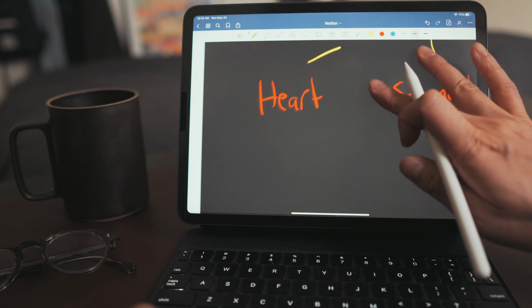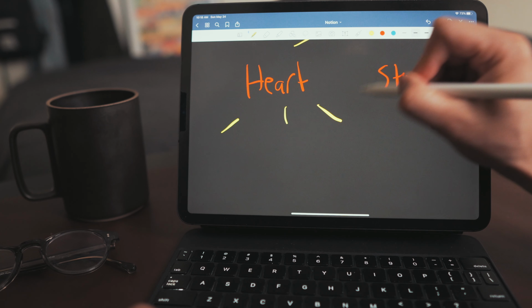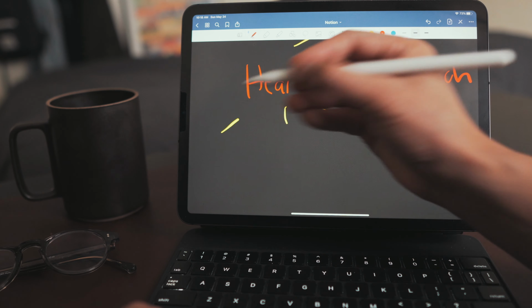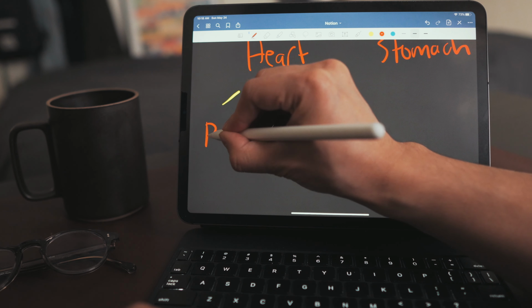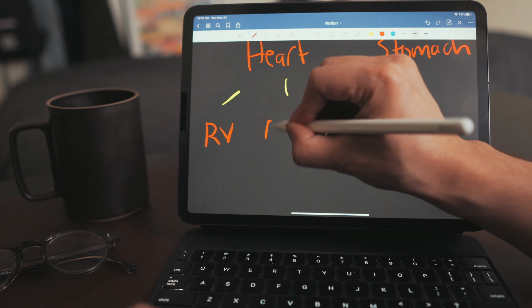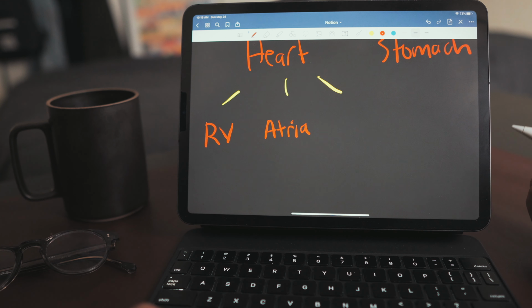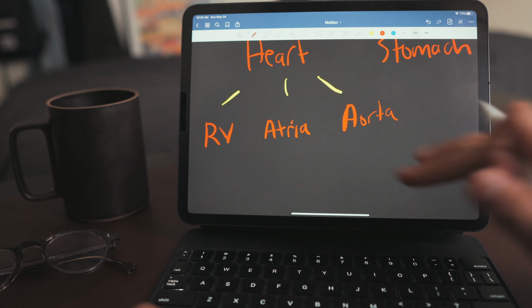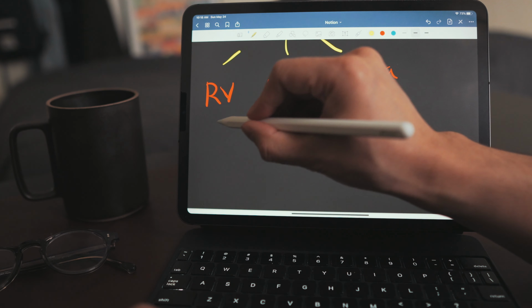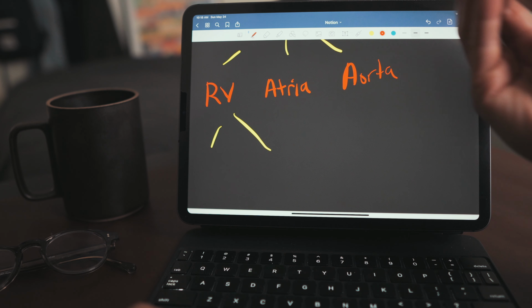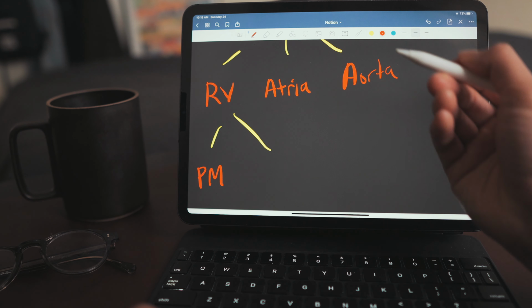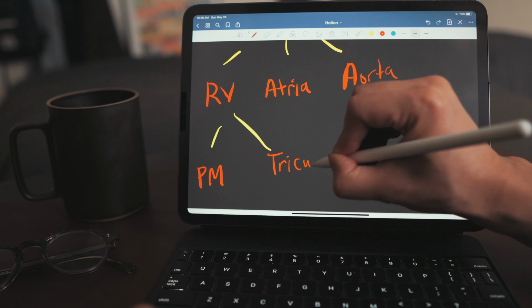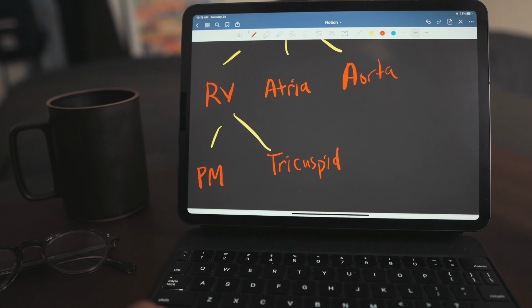So parents can have many children, but the children can also be parents. You can break down the idea of heart even further. So children of the heart, for example, would be right ventricle, atria, and aorta. And then you can break down those even further. Like right ventricle could be broken down to the papillary muscles, the tricuspid valve. You get the idea. You can keep breaking down these ideas into their individual components until they're at their most